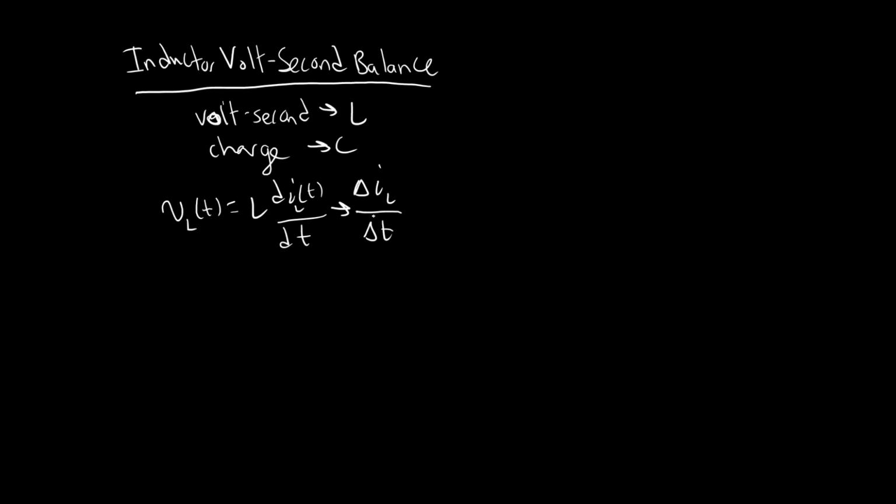So the change in the inductor current versus a change in time, right? And if we rearrange this equation, we can see that the changes in inductor current are equal to a change in time times an applied voltage, which I'll say as VL, over inductance,